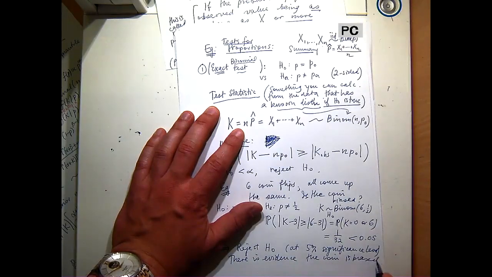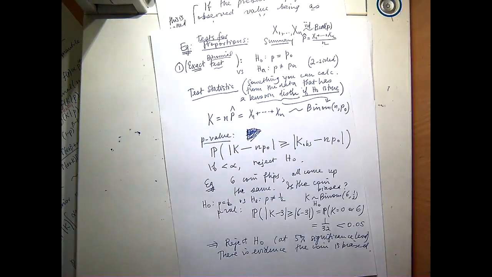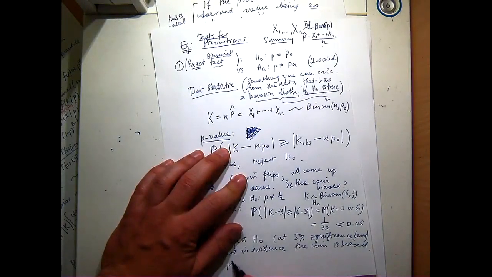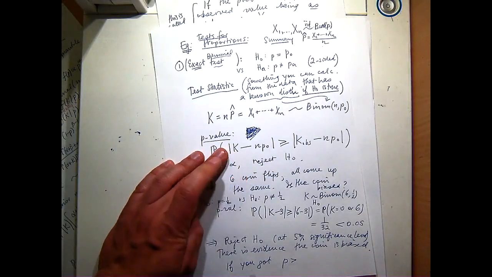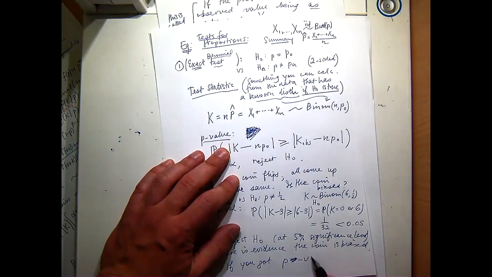Okay. So if you had got something less extreme, you would have got p bigger than 0.05. You wouldn't have said, we conclude the coin is fair. That's too strong. You would say something like, the evidence is consistent with the coin being fair. Consistent doesn't endorse it any more than saying it could happen. Okay. So if you got p-value greater than alpha, something like, say,